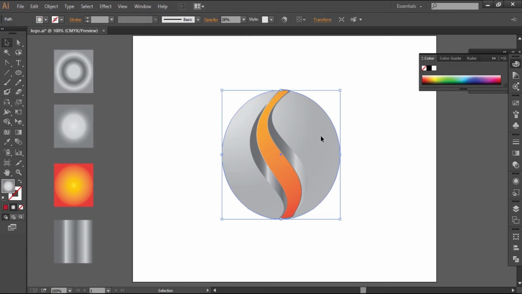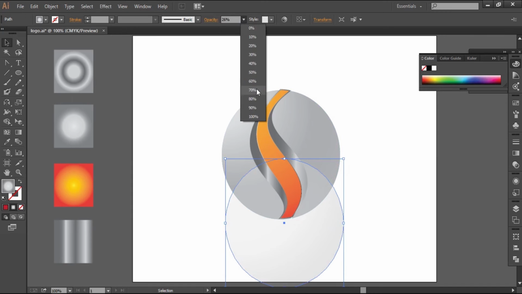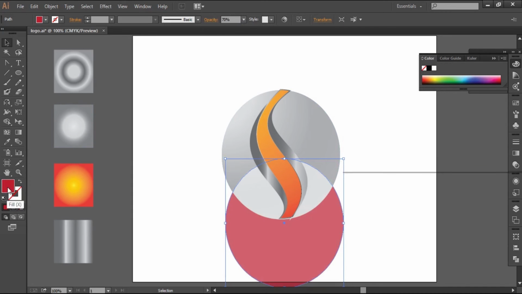To create the shadow, again, copy the circle shape. If its opacity is reduced, increase it to 70%. Change the color to black.